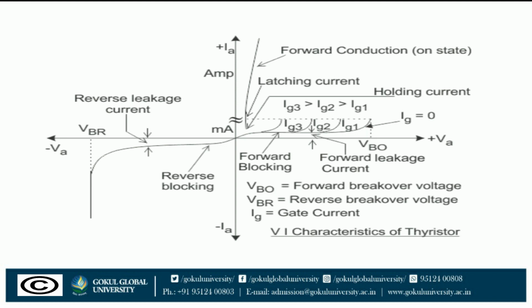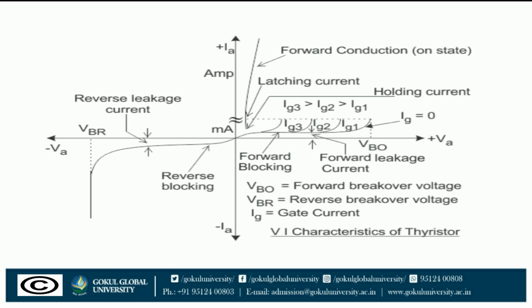When the anode is made positive with respect to the cathode with the gate circuit open, the thyristor is said to be in forward bias. It is seen from this figure that junctions J1 and J3 are forward biased, but junction J2 is reverse biased. In this mode, a small current called the forward leakage current flows as shown in the figure. OM represents the forward blocking mode of the SCR. As the forward leakage current is small, the SCR offers a high impedance. Therefore, a thyristor can be treated as an open switch even in the forward blocking mode.